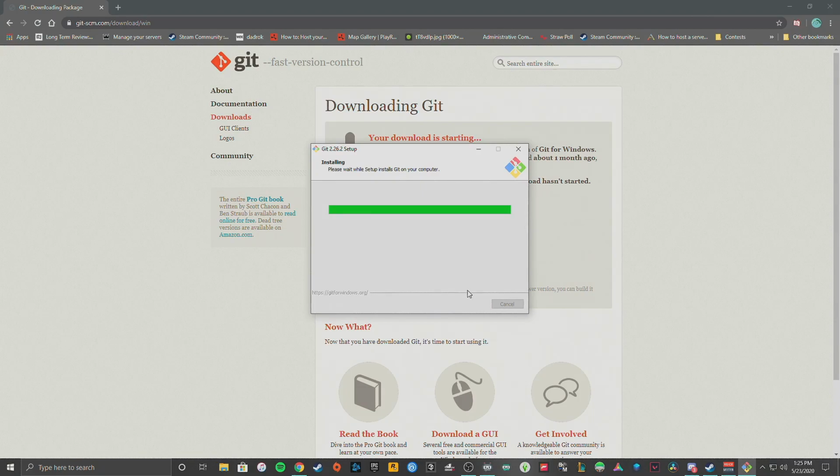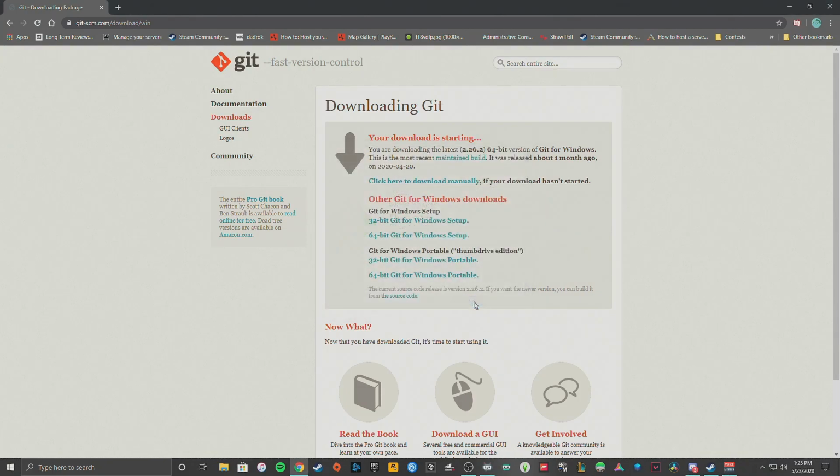Alright, and once you're done with that, we're going to go ahead and uncheck view release notes, go to next,